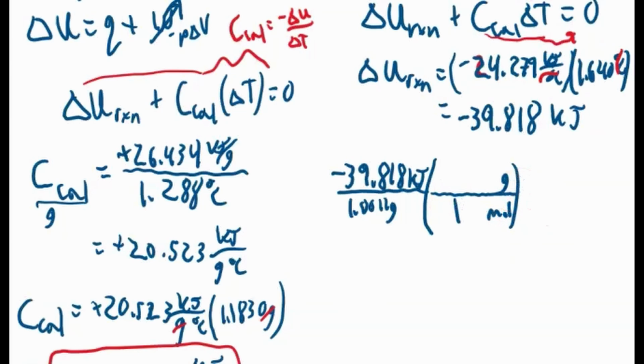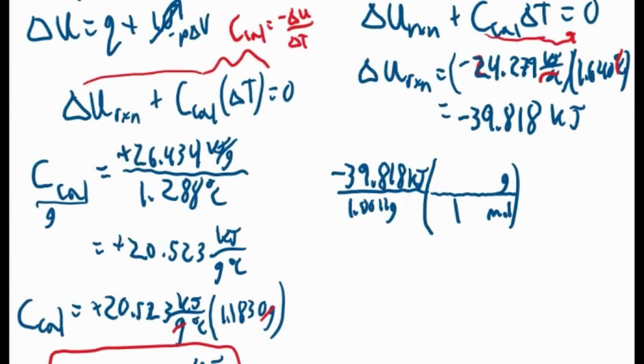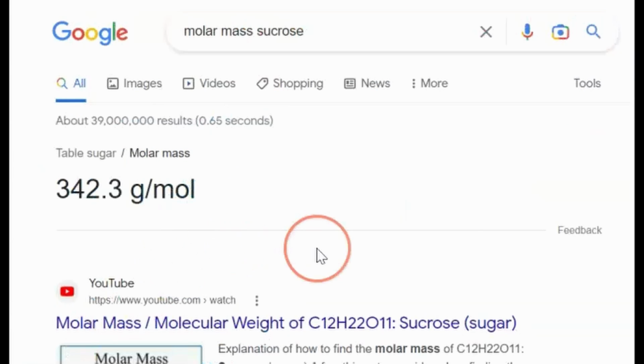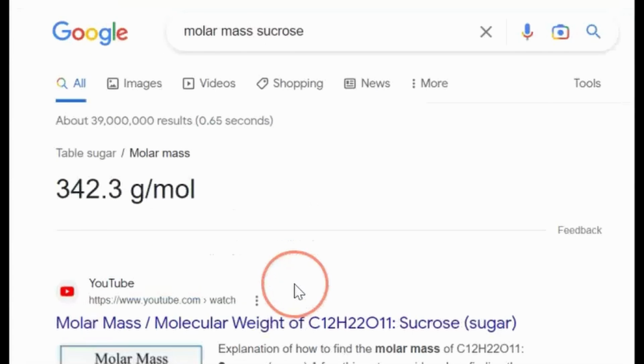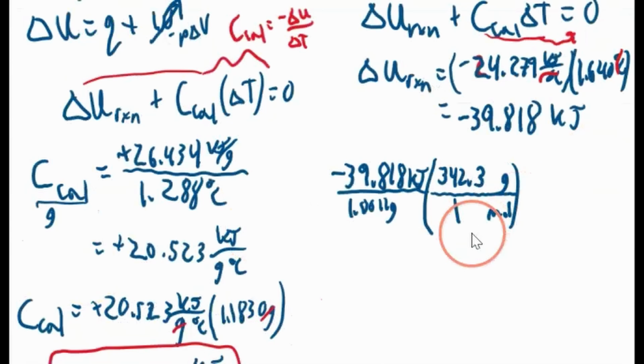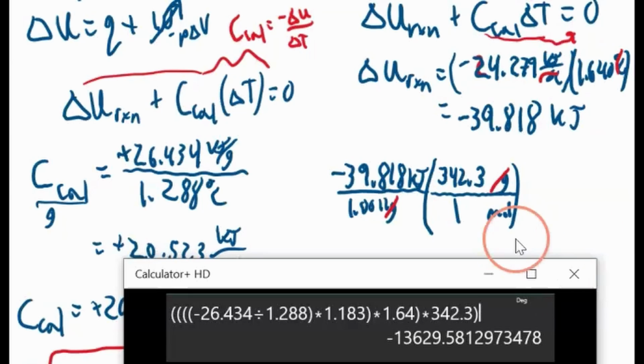For 1 mole of sucrose, it weighs 342.3 grams. Oh, we might need another significant figure, but we'll keep the 4 sig figs. Should be good. Okay, so that is, let's see. I got this number in the calculator, so I'm going to keep it there. 342.3, negative